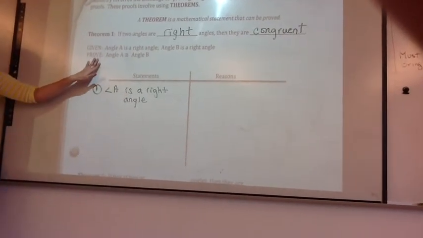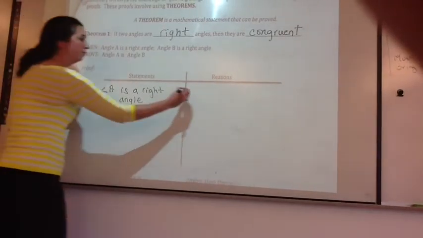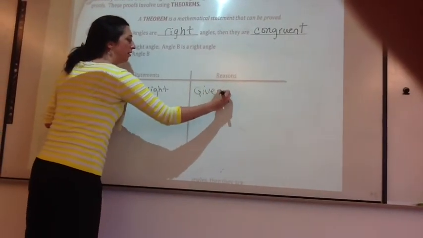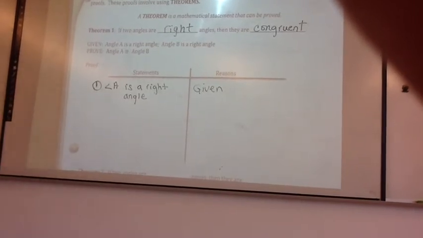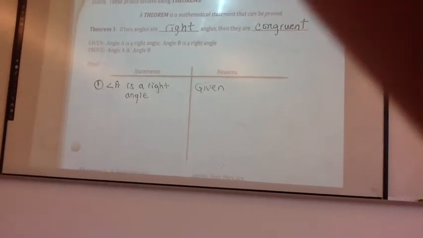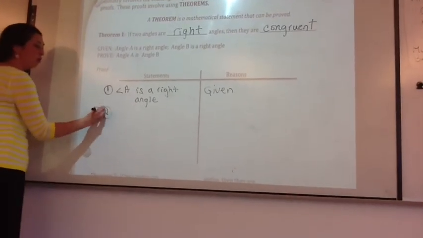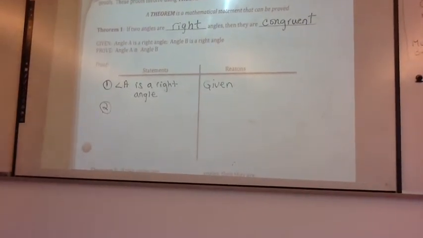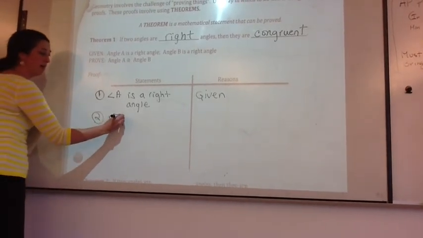Well, we need to prove they're equal. So this part right here, the reason you're stating it is because it was given to you. You will often put your givens right in your two-column proof. You use it as part of your rationale. So what are we going to then say from there? What do we know about right angles? They're 90 degrees. So can we assume then that the measure of angle